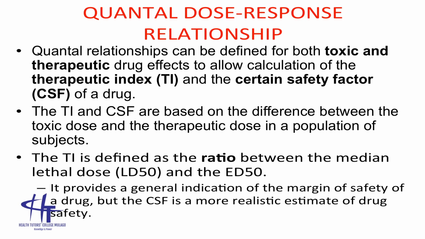Here we talk about things like the therapeutic index. In other words, quantal dose relationships are used to determine things like the therapeutic index, the effective dose at 50, the toxic dose at 50, or even the lethal